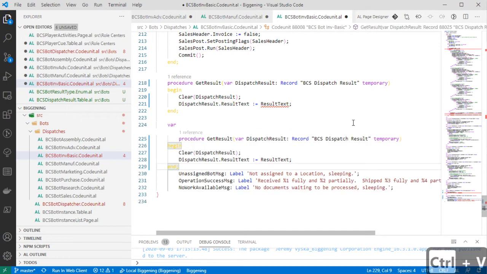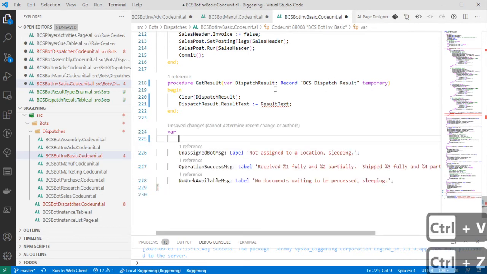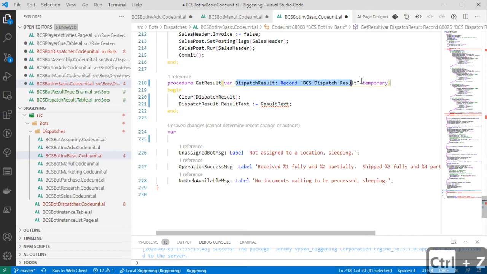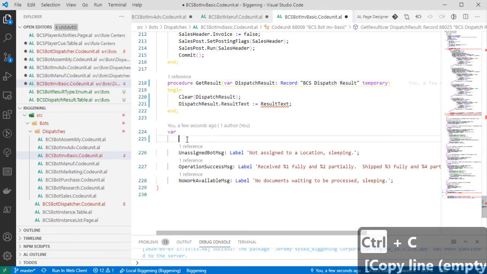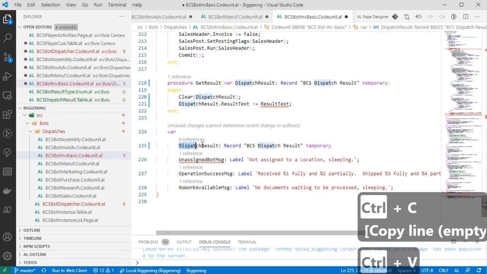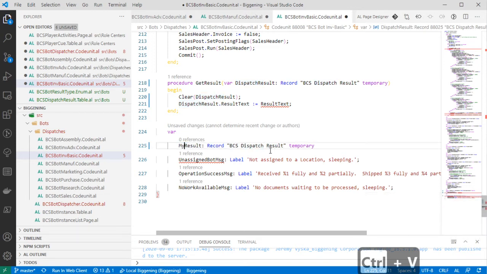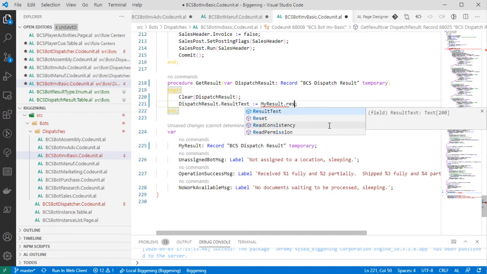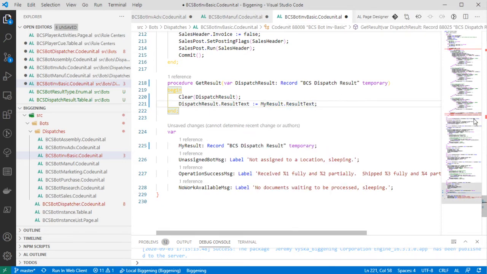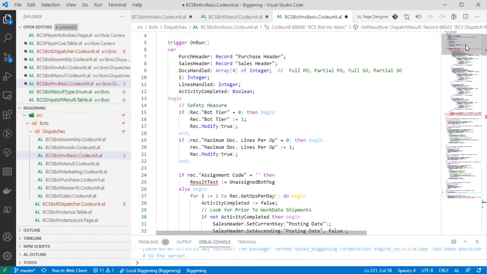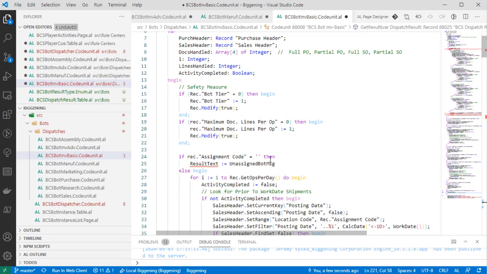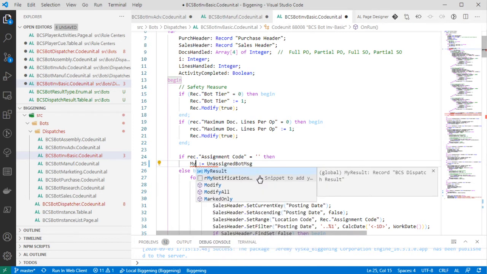So, oops, we need a, let's call this my result, so that way we know what's what. Okay, and what we will do is my result.result text. We'll pass that in here, so that's easy enough. Okay, so let's look at our first case here. If we're unassigned, then my result,